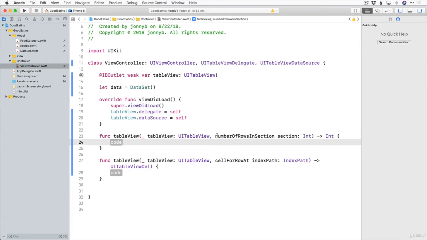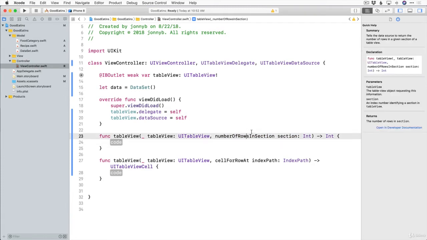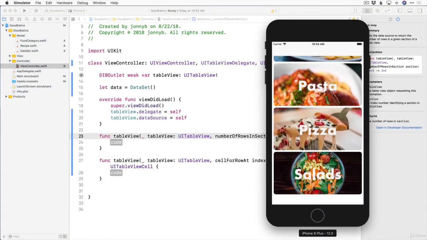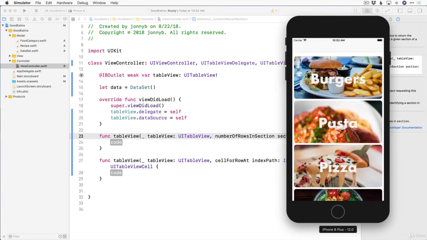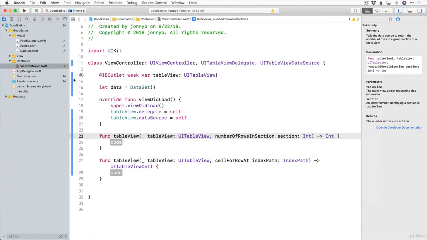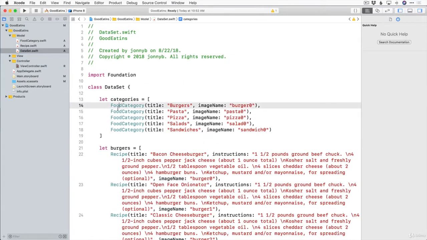Our first one here is number of rows in section. And if you click on it, it says that this tells the data source to return the number of rows in a given section of a table view. Okay, so looking back at our app, we have a specific number, and this actually comes from our data set. So if we take a look here, we have 1, 2, 3, 4, 5, and these are in the categories